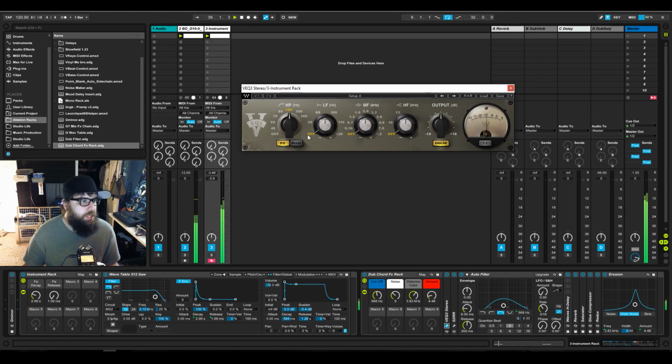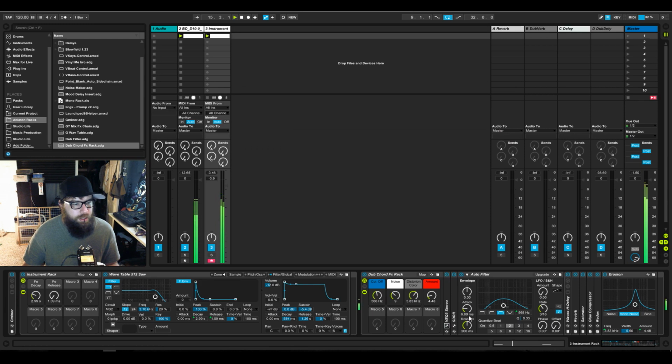Do some boosts and cuts and things like that, but all it's doing is I'm using it to cut the low end at like 160. So there's just no low end coming in, and it's got a real gentle roll off I found on this thing, so 160 really works for getting out the lower frequencies, and that's all it's doing. Sometimes I may boost or cut the volume with it depending on how loud it is.